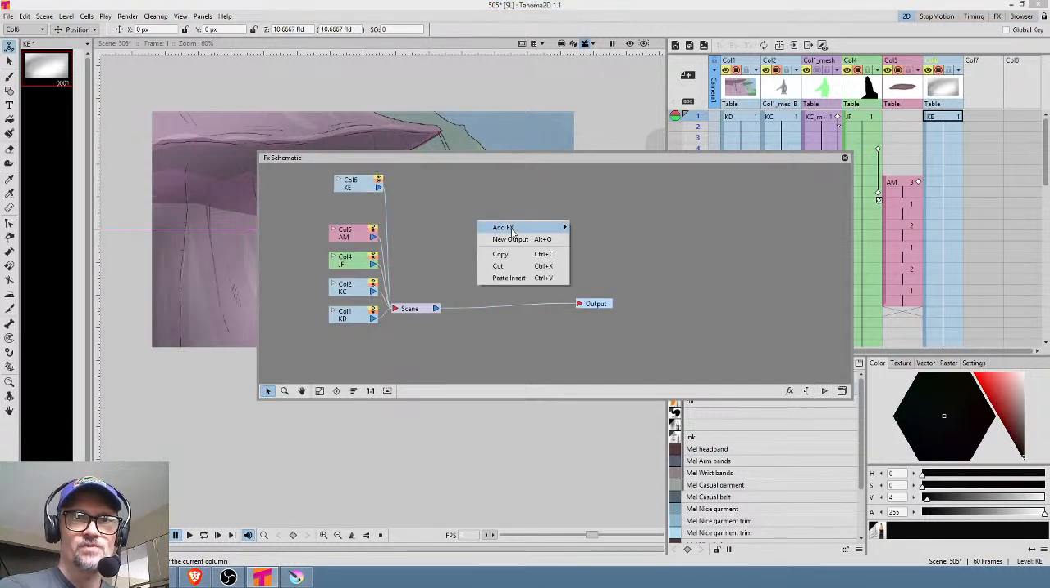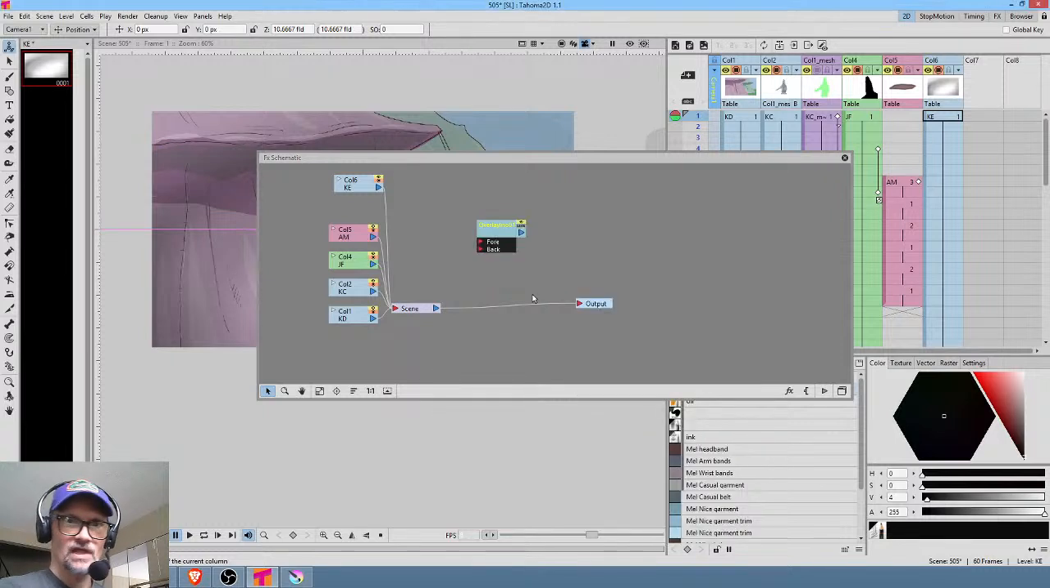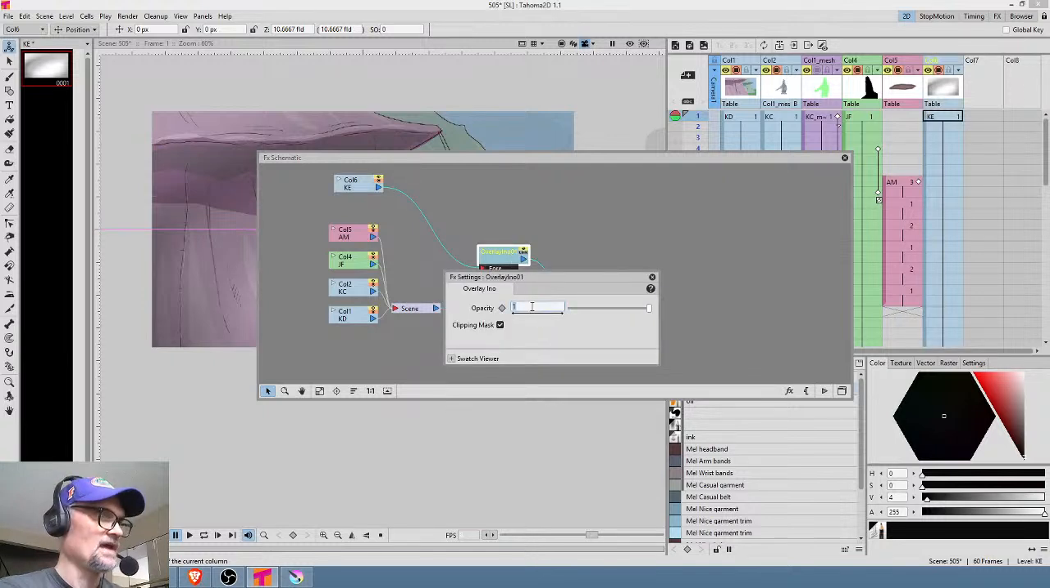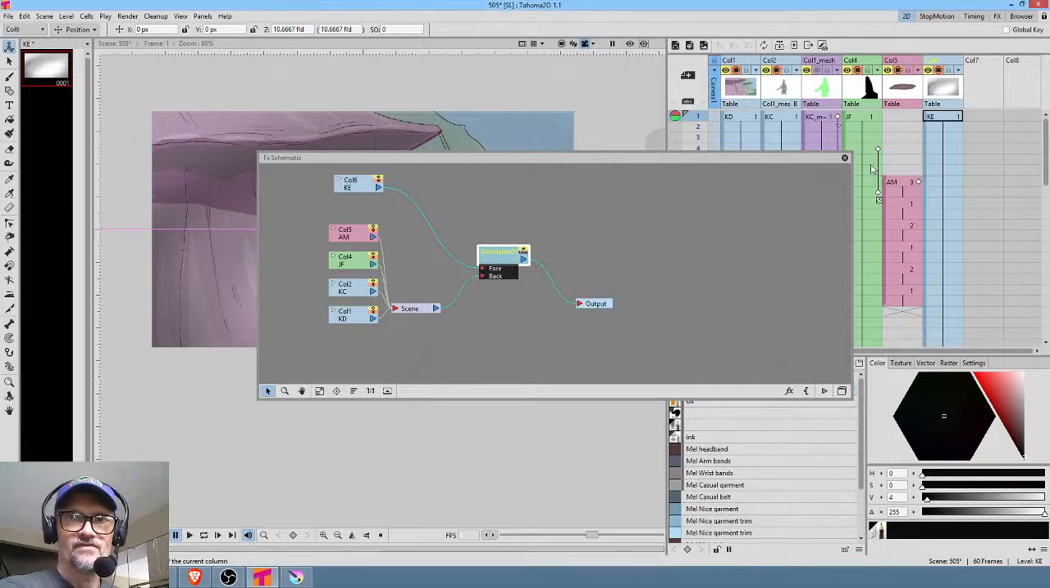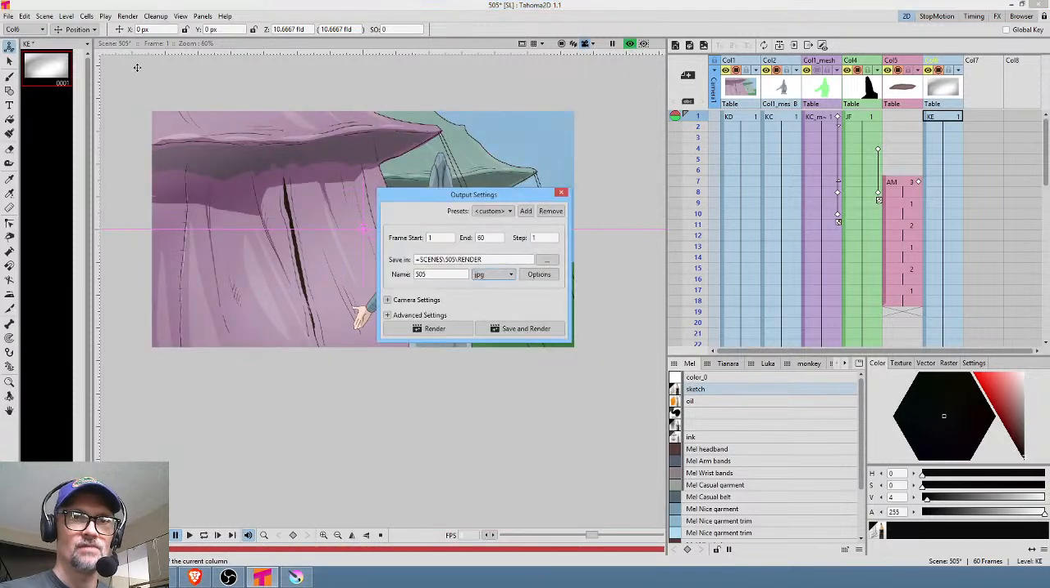So what we're going to do is add an effect, layer blending, INO, overlay. We're going to run column 6 into there, and run everything else into the background of the overlay, and then smack that there, and set the overlay at probably 0.5. Seems to be a fairly favorable number. And as you can see, it's a pretty number,